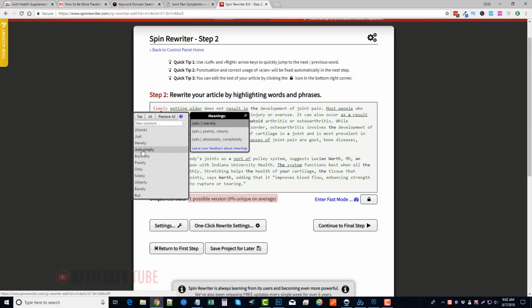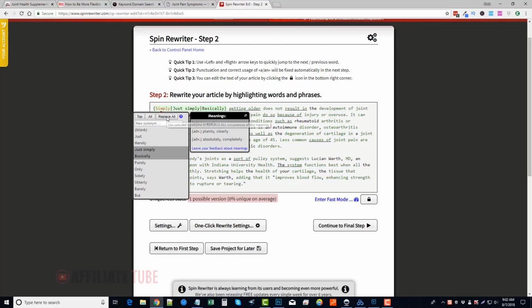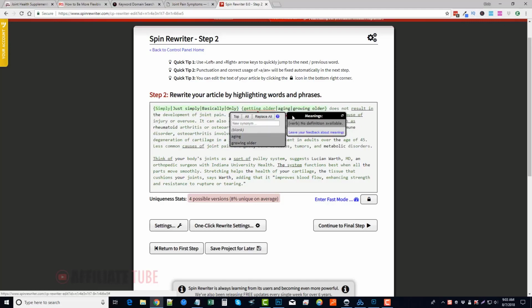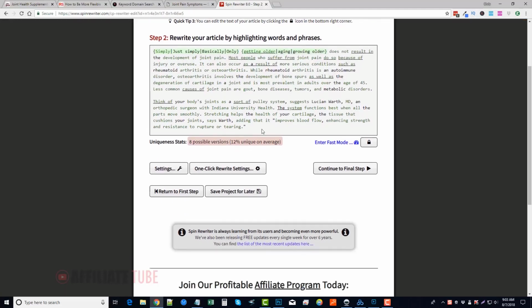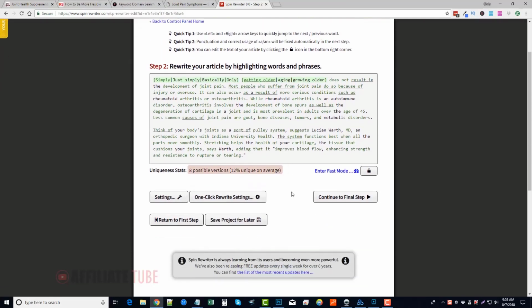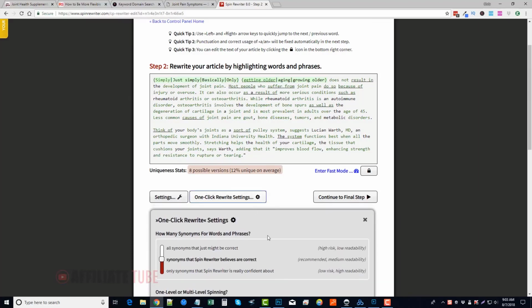So we can go through here and click each one we want added, and you can see here it creates the Spintax for it, or we can just do replace all, and it's going to go through and put all of them in there. Now getting older, you can highlight two words, aging, growing older, and you can go through and do that through your entire article. Now if you don't want to do that, if you want to go back and just do the one-click rewrite settings, which is what I was going to do earlier, you would just click this button here,